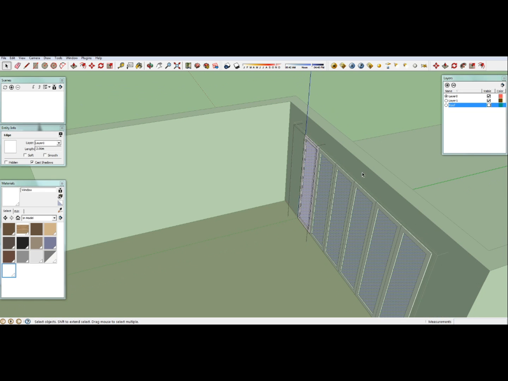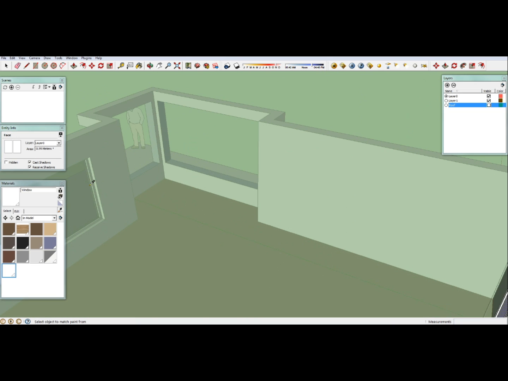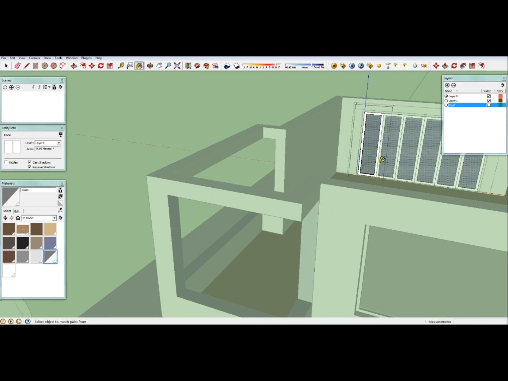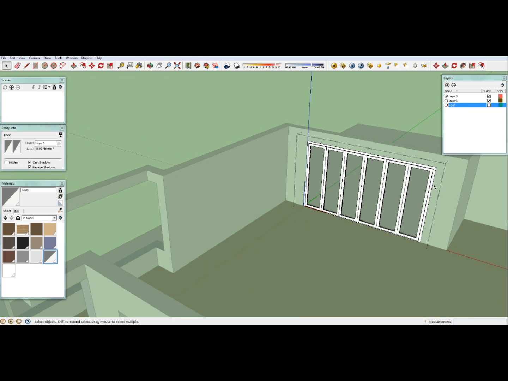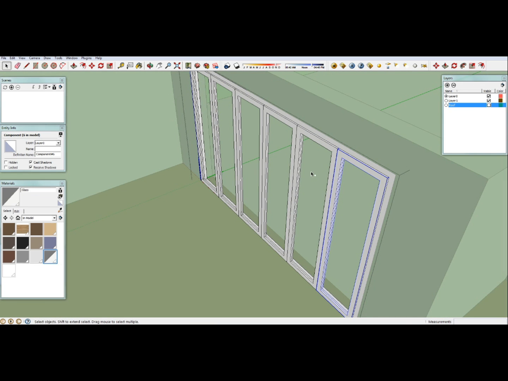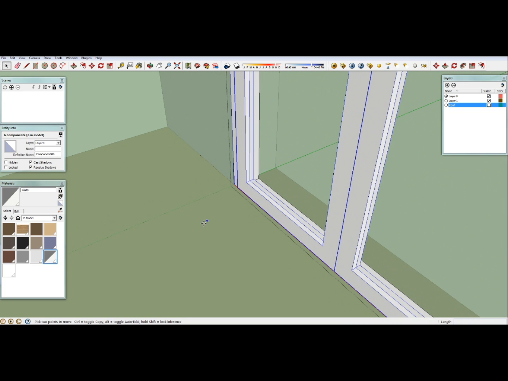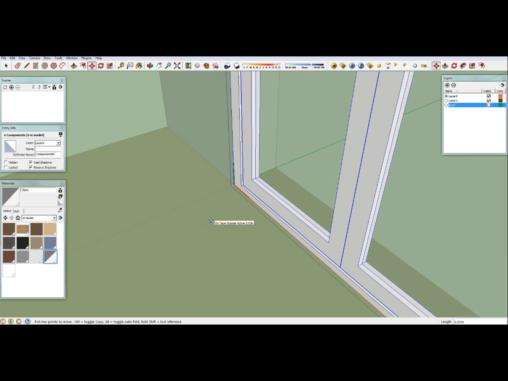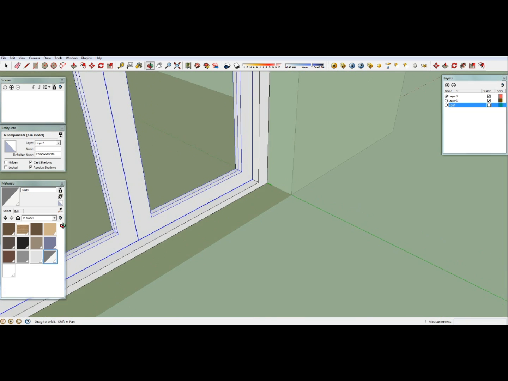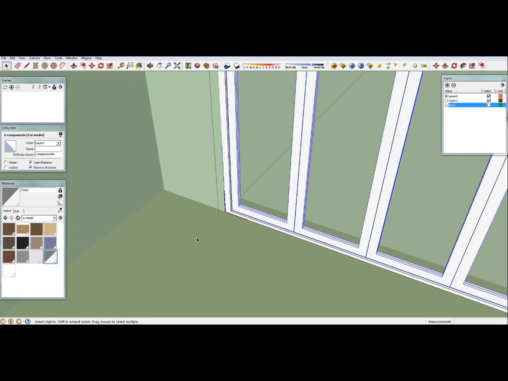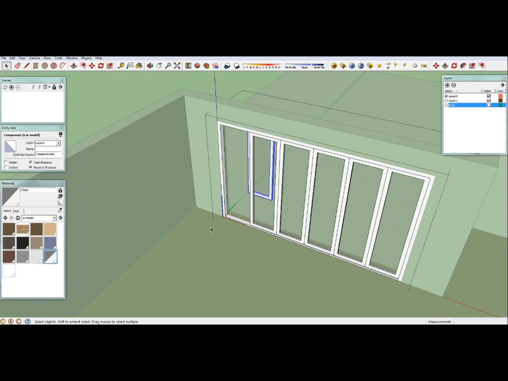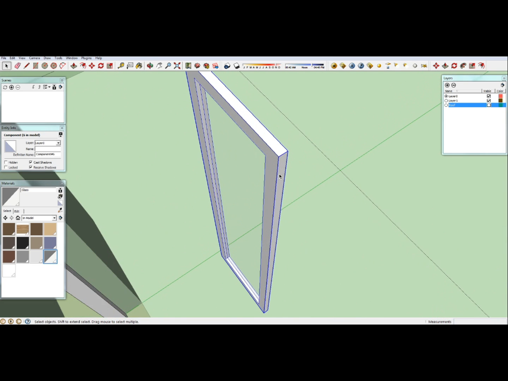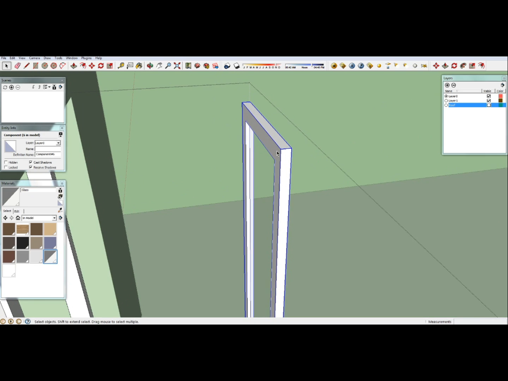Chop. Select the glass part. Make it glass. There you go. Now make the whole thing a component. Oh no, I'm just moving them into the outer portion. Yeah. Now I'm going to edit the doors,